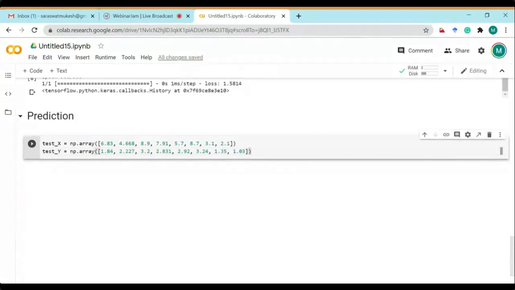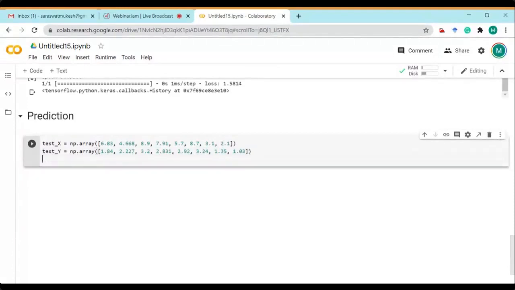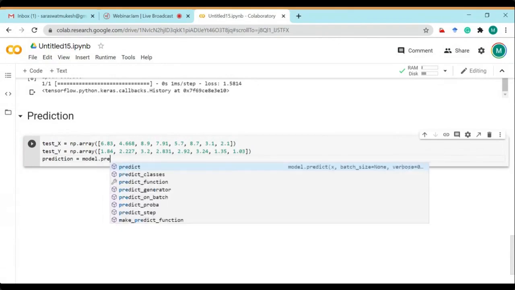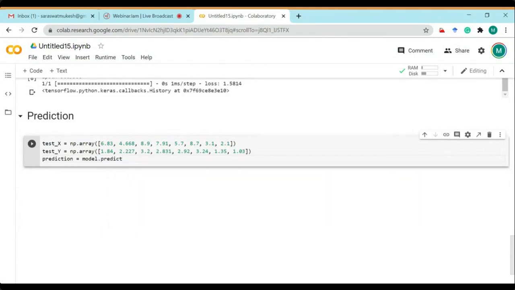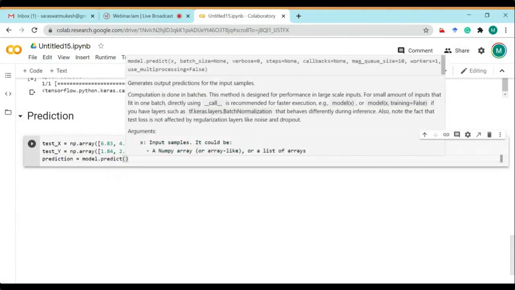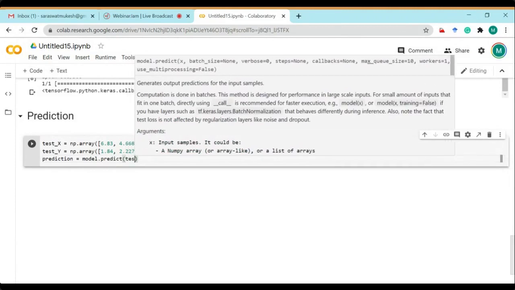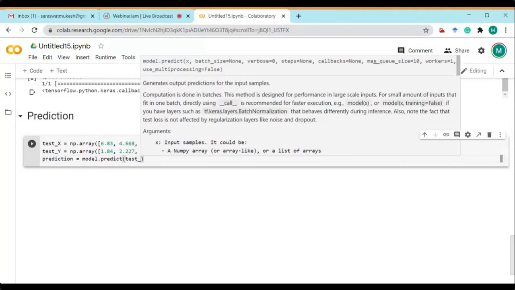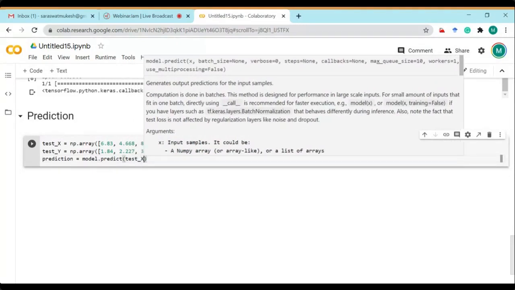Now we have to predict, and prediction is very simple. We will store the prediction in a variable: prediction equals model.predict. Then we have to give a testing sample, which is test_x.